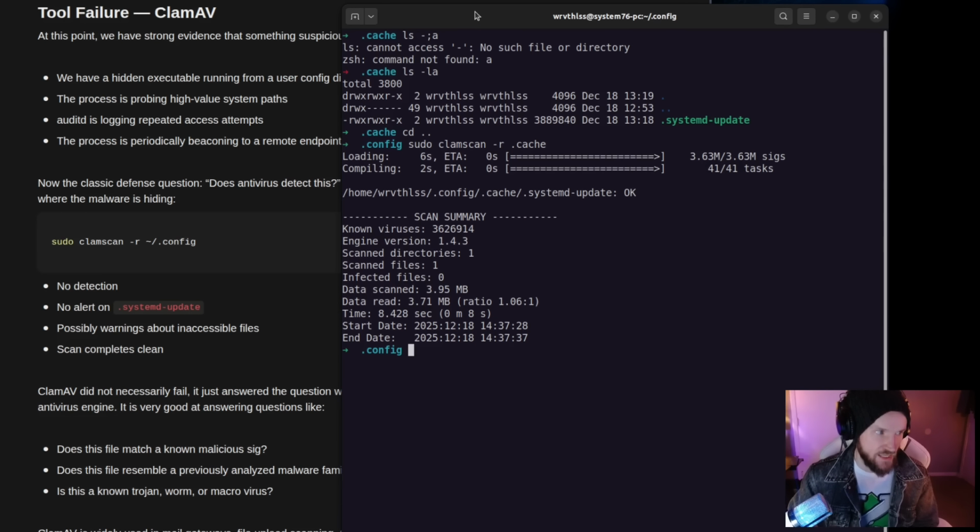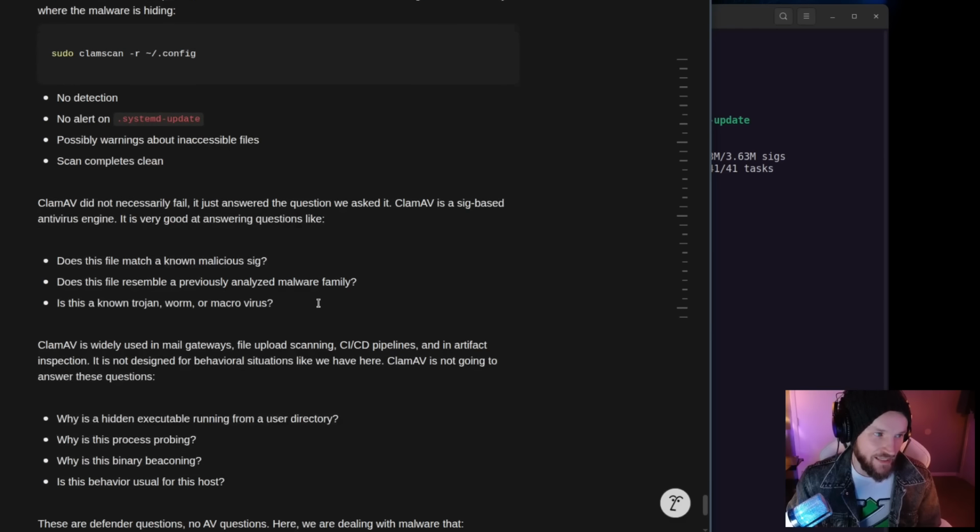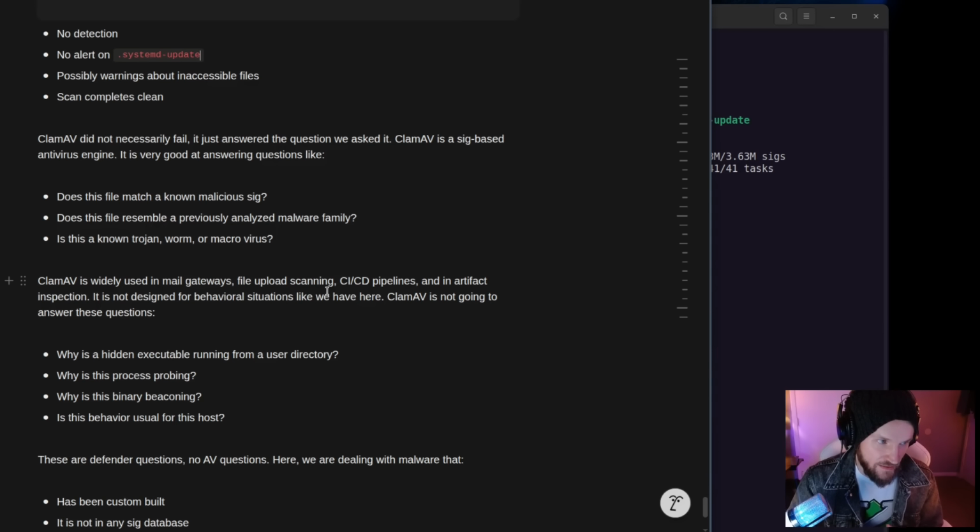Like, dude, it has malware behavior. It's probing files over and over again. It's enumerating those things. It's communicating with a C2 server. What's up? Well, the thing is, man, ClamAV is signature based. It's an antivirus engine, right? It's very good at